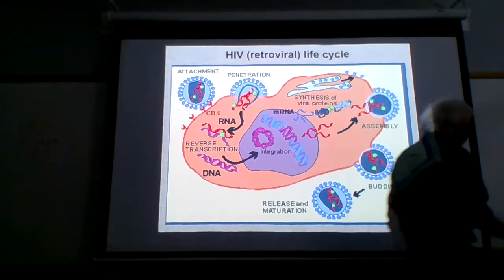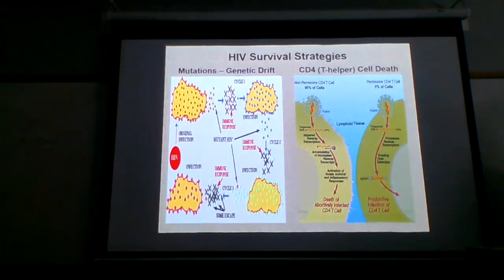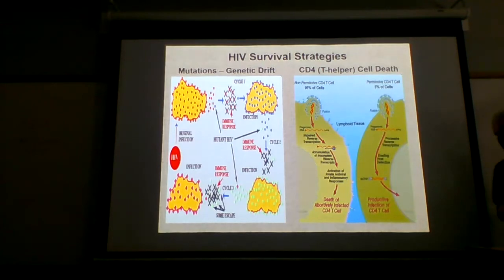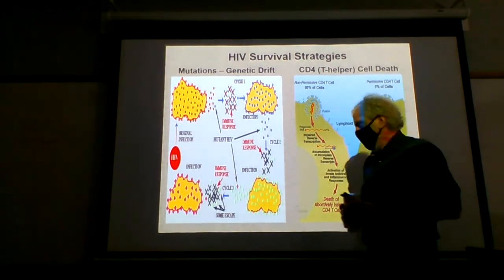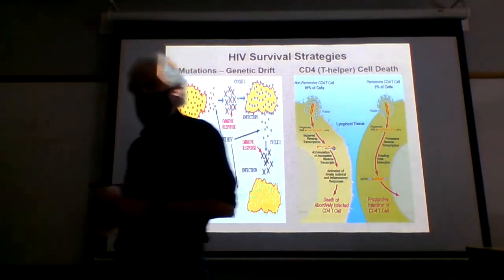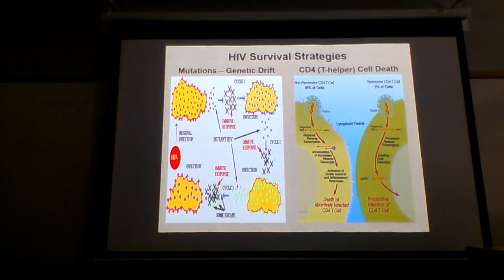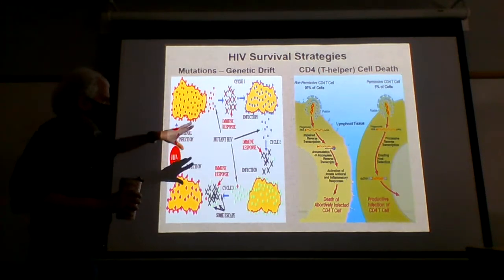So that makes it a little bit difficult to treat. Now, HIV has been able to survive a whole range of different kinds of immunological assaults. Our immune system, as we've been mentioning, is your number one line of defense against viruses. We don't have great antiviral therapies the way we have antibiotics. These are antibacterials. So one of the things that happens is that the virus is able to change its coat